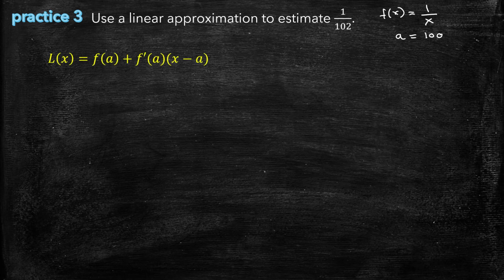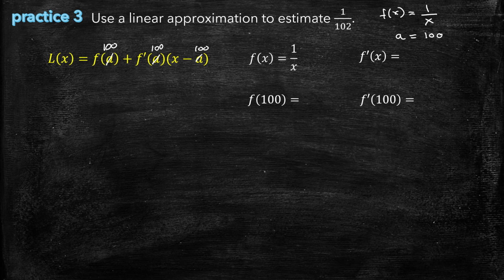So let's call up the equation. And so a is going to be 100 here, right? And let's call up the structure. So f of 100 is just 1 over 100. f prime of x, if you write this as x to the minus 1, you'll soon realize that that would be negative x to the minus 2, which is negative 1 over x squared. So evaluated at 100, it would be 1 over, let's see, 4 zeros, so negative 1 over 10,000. And then we can put these values in, minus 1 over 10,000,